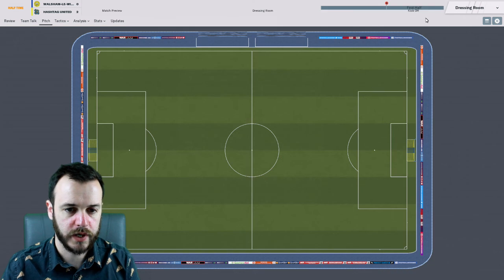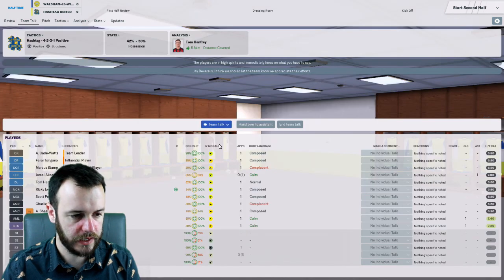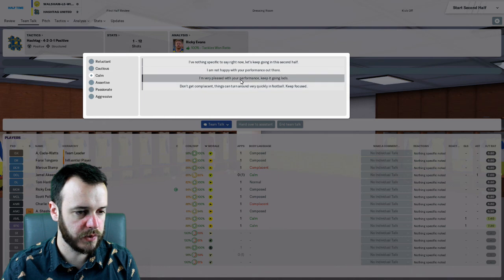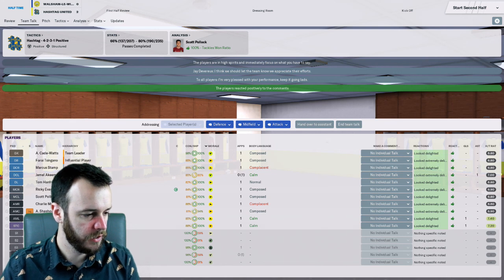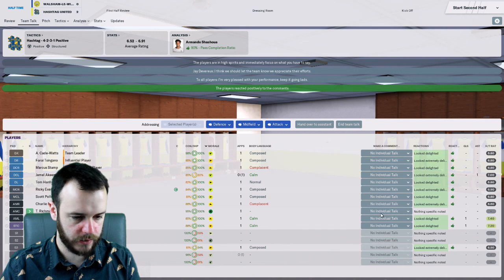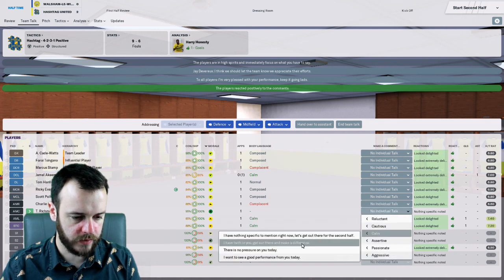All right, and the referee calls half-time there. Let's go into the dressing room here. Everything's going pretty well, so there's no need to say anything too crazy. Just go with the team talk and just say very pleased with your performance. Keep it going. Now, Armando Shashua, our off-season signing from Tottenham, has picked up a knock, so I'm just going to take him off for Taché Richmond. And then we're also going to tell Taché Richmond, just calmly, I have faith in you, get out there and